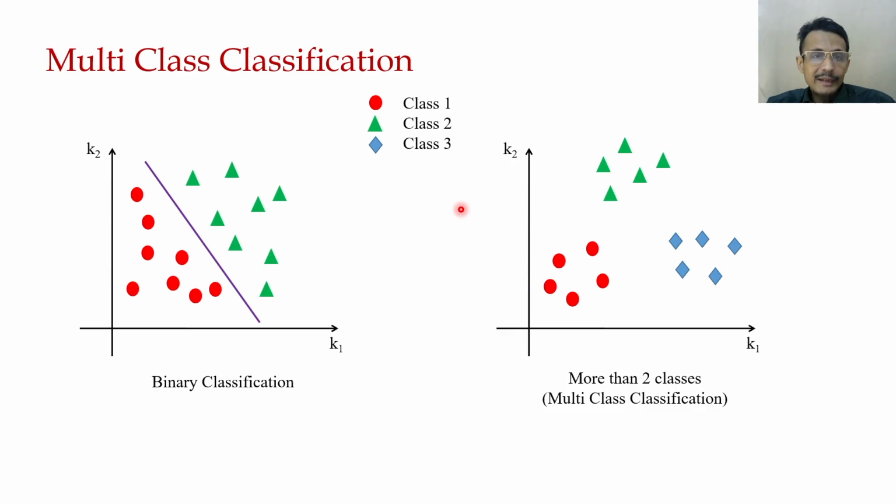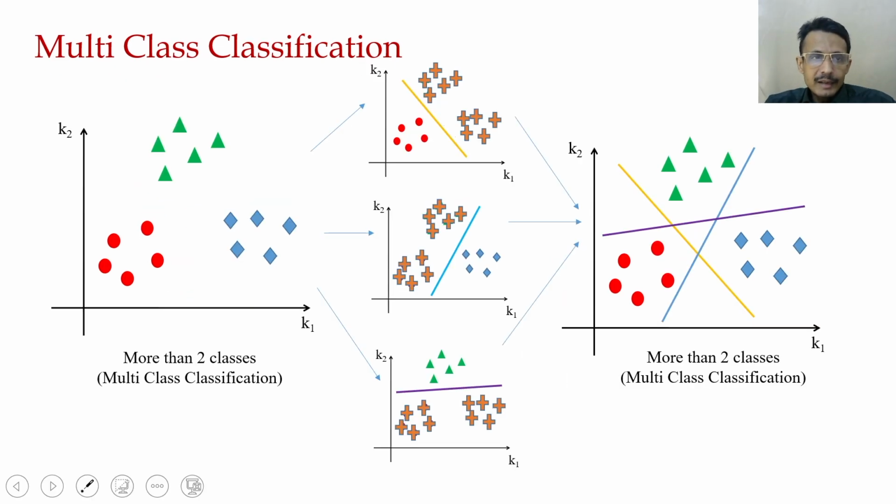Now here we partition this problem into 3 sub-problems. You can see what we are doing. We first say that these red dots are one group and the 2 other groups are another group, so it is 2 groups in that way. We have to find the decision boundary between these 2 groups, so we can get this yellow line.